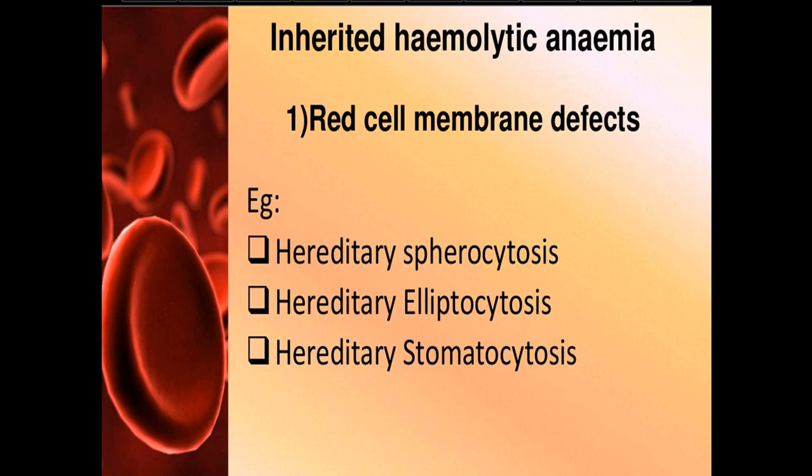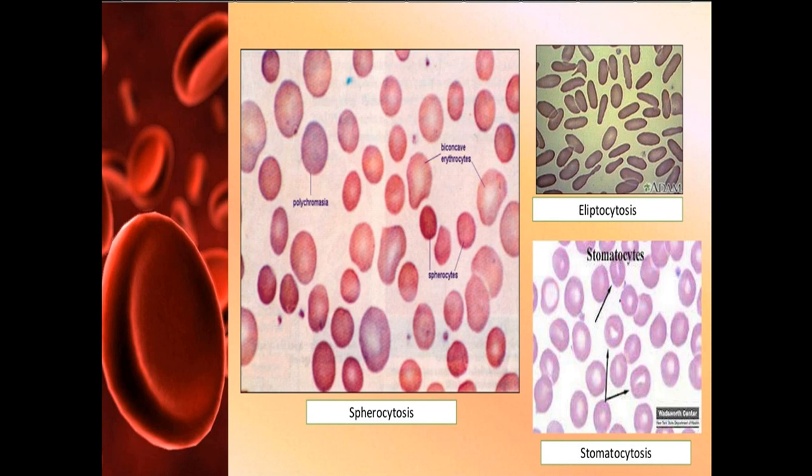That's why it is called hereditary spherocytosis, because it has a genetic link, and there is abnormal production of ankyrin and spectrin. You can see here the spherical RBCs in hereditary spherocytosis,